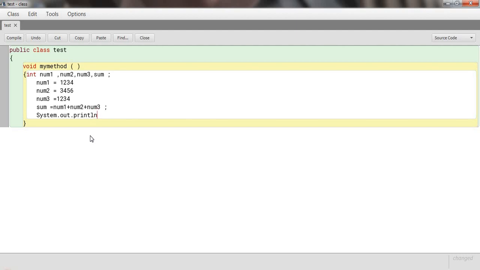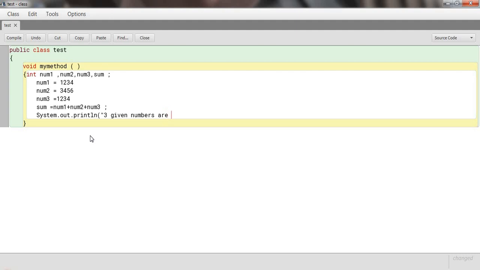Now again a bracket, then type double inverted commas: "The 3 given numbers are".